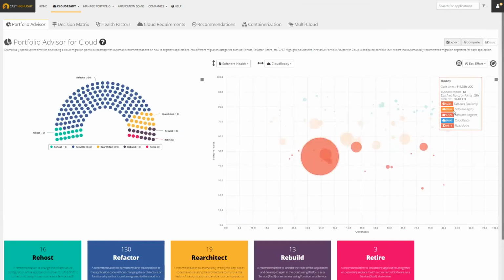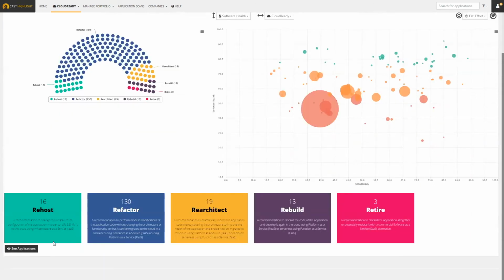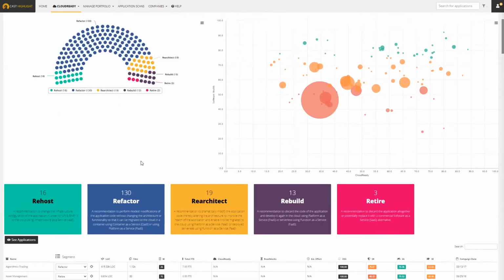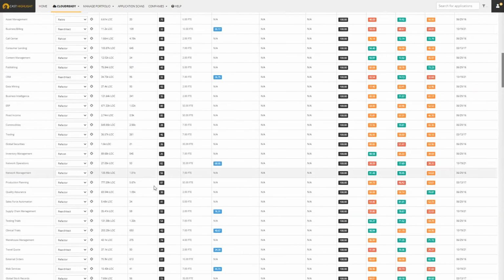And then here we have every application represented by a bubble with a couple of metrics. So we have the health of the application on the vertical axis, and then the cloud readiness on the horizontal axis. So we're representing the portfolio in a few different ways. If you want to see the full list of applications, they appear down here, and we list each application with